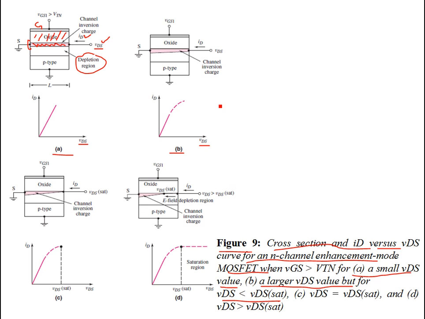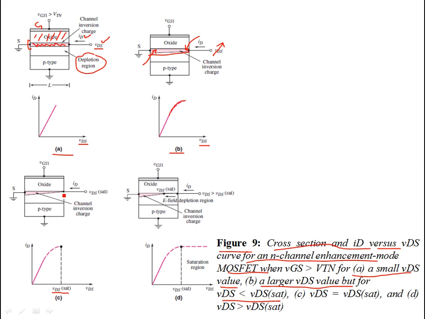This is exactly what is going on over here. So if you increase your VDS, you are going to introduce a gradient in the channel, which is something like this. You have fewer charge carriers at this point compared to more charge carriers at this point. This results in reducing ID. So the slope of the ID-VDS curve is going down. And if you go on increasing this VDS to a point, let's call this VDS sat, what happens is that